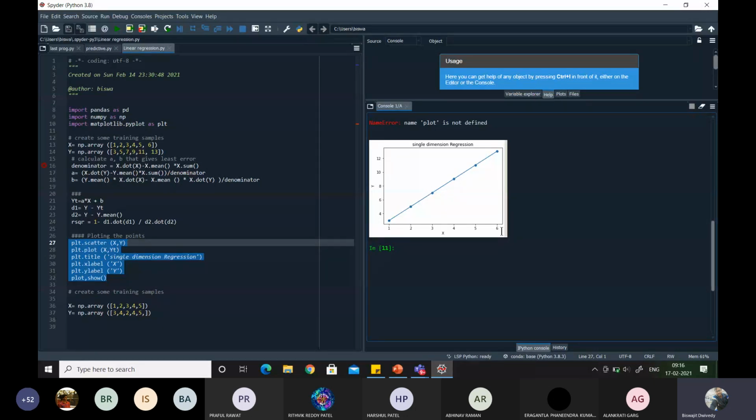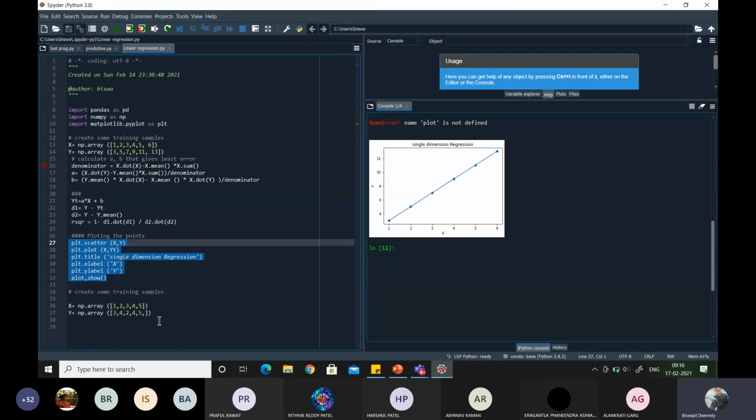Here, values up to 6 have been given. We can predict the y values for any x values. So x can be 10, and if it is 10, then we can find out the value. X equal to 15, we can find out the value. Whatever x values are given to us, or if you replace x with a time value, we can also find the corresponding predicted values. This is the process of prediction using linear regression.